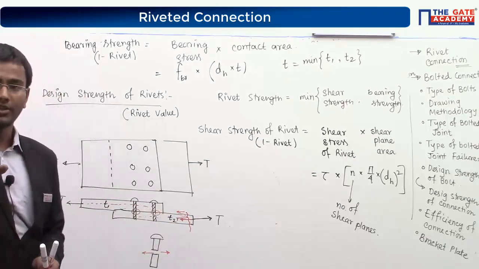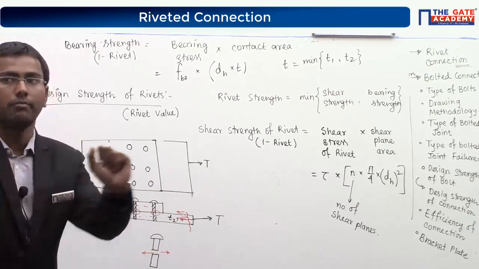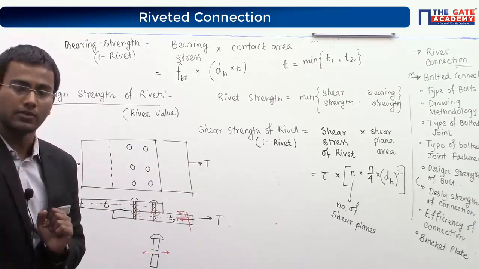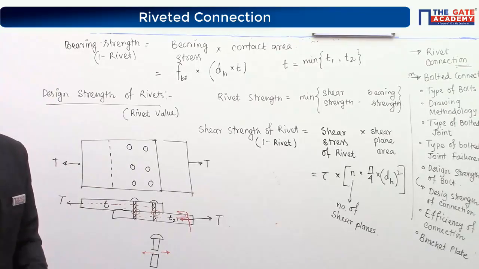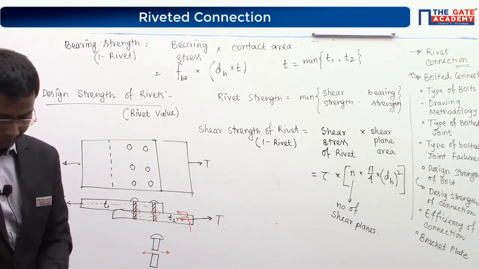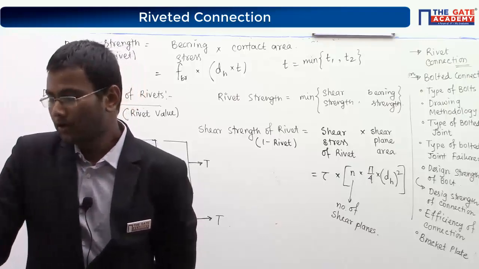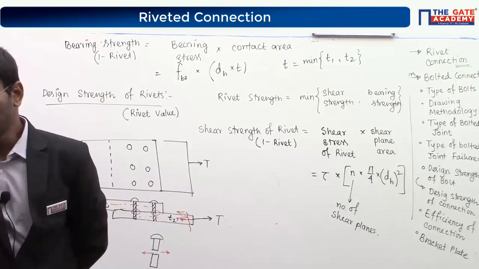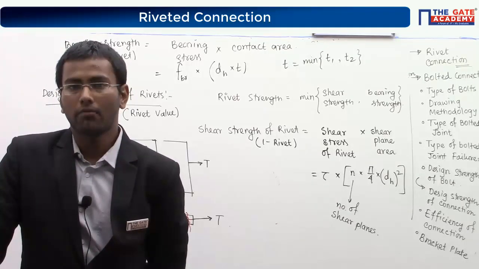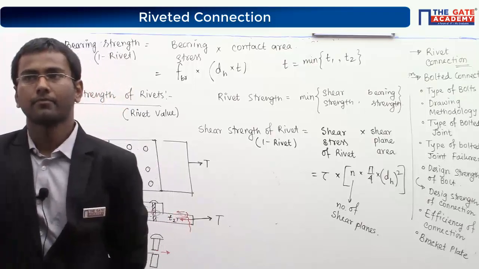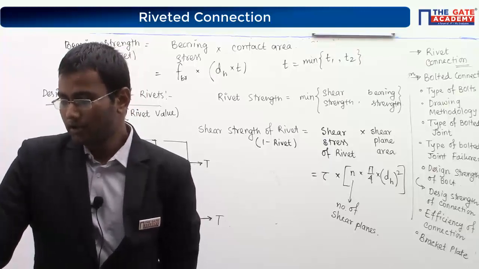So this is only one shear plane. Shear plane is nothing but where shear failure will occur. So write down one example quickly. Two plates, write down example 1. Two plates of 8 mm and 10 mm thickness